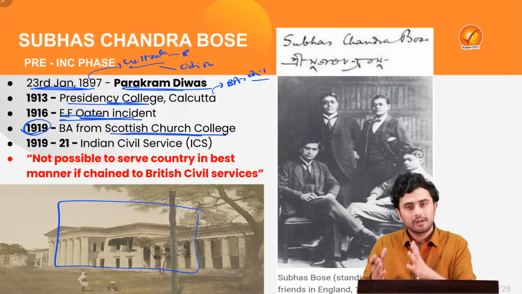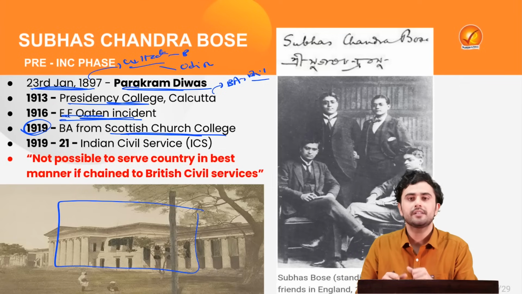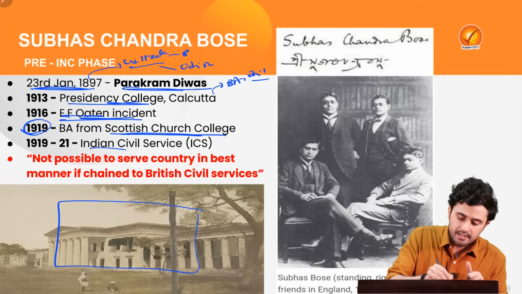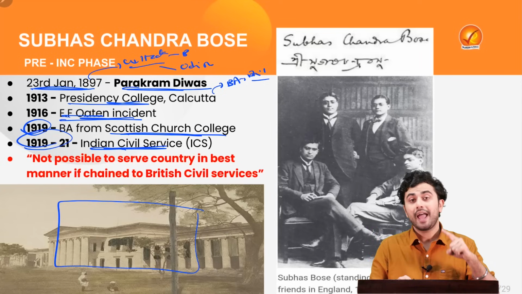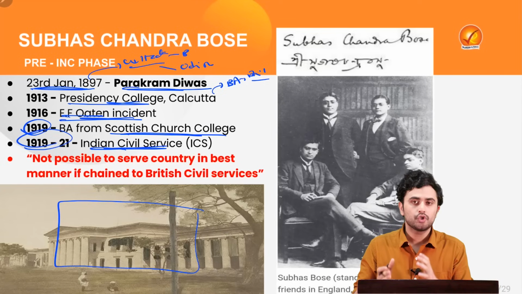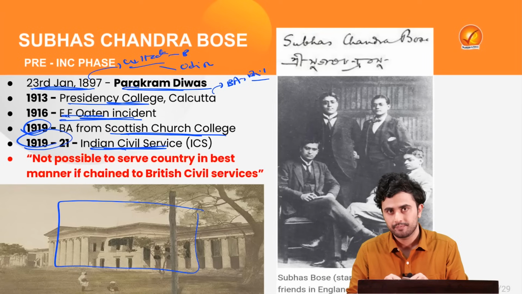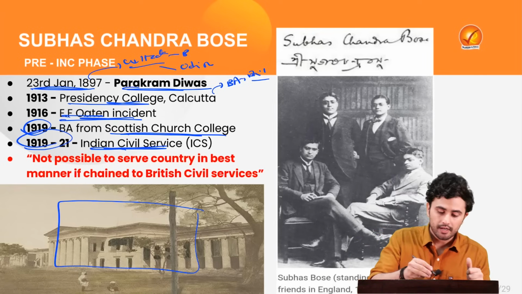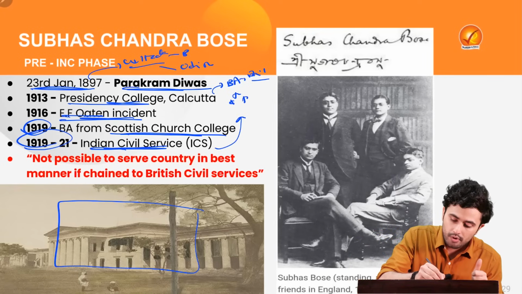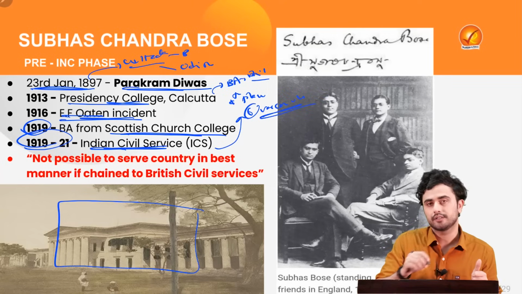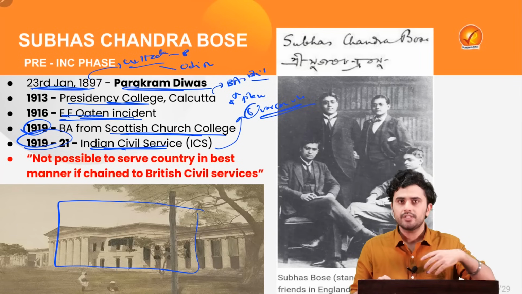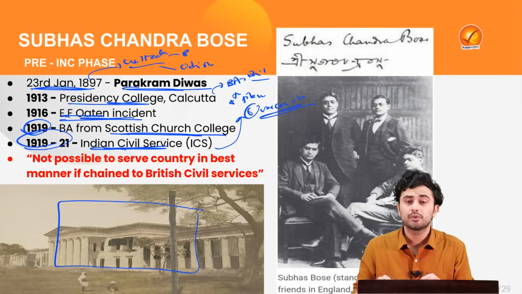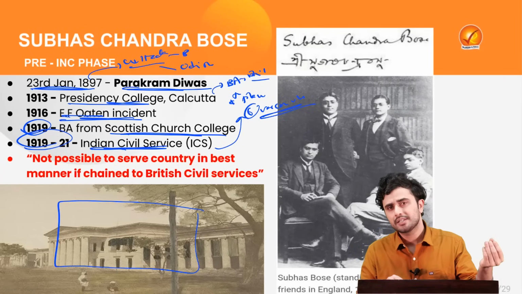Then, due to the urging of his father, he finally decided to take the Indian Civil Services examination in the year 1919 and thus left for London and joined Cambridge University. In the examination held, he secured 4th place for 6 vacancies of that year. There was still a second stage remaining, which had examinations related to the Indian Penal Code, the Indian Evidence Act and a